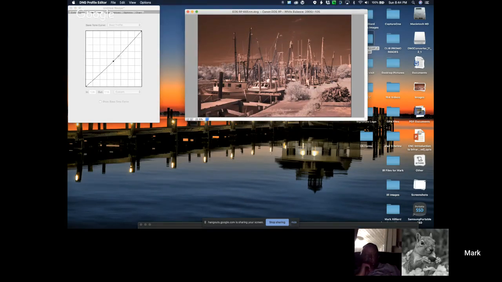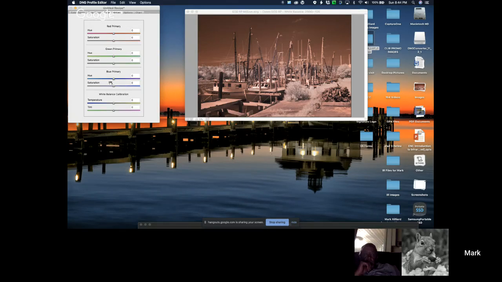Okay, so now it's already changed this file. So now we're going to go up here, and we're going to go to Color Matrix, and we're going to take the temperature, and we're going to move it all the way down to 0. We're not going to do anything else. Okay, and we're going to File, Export,